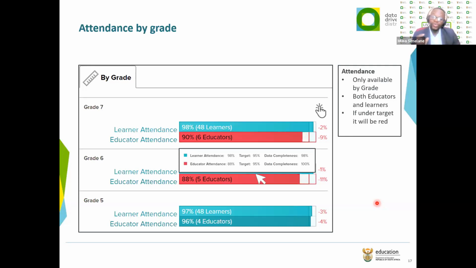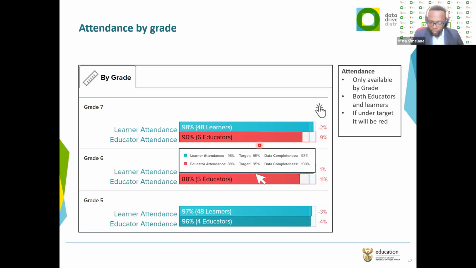And remember, I can also quickly get to this grade by clicking on the pie chart at the top of the page. It will take me to this place. And this is not very difficult to understand. What we're seeing now, as I've explained earlier, the attendance is now split between the learners and the educator. You can see the educator here is in the red, again, indicating some form of missing the threshold or the target. Of the 6 learners that are in the school, only 90, they were present in the school 90% of